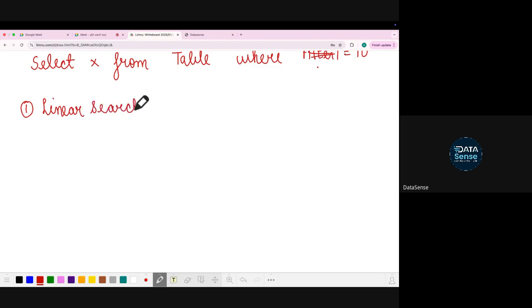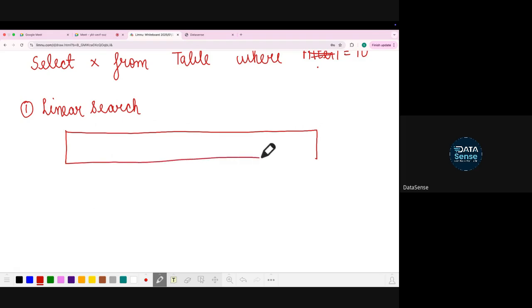So what does a linear search mean? Suppose you have a list here, for example, of things. Suppose you want to search an element called 11. So in linear search, we come here.